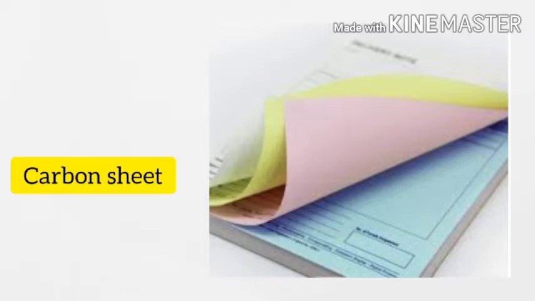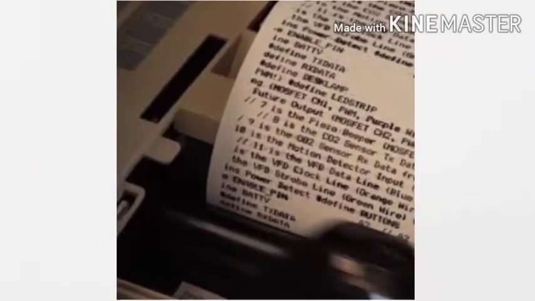Why? Because there is a carbon copy, a carbon sheet inside. When you write something on that paper, it gives an impression on the other paper. In the same way here, the print head strikes on the ribbon, so that it is printing on the paper. Clear? The print head is in direct contact and impact with the paper, so that it is printing. These types of printers are called impact printers.